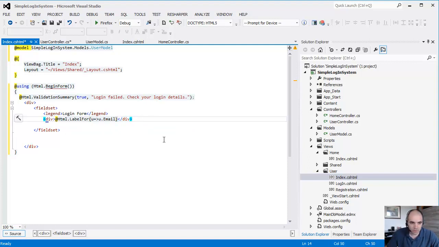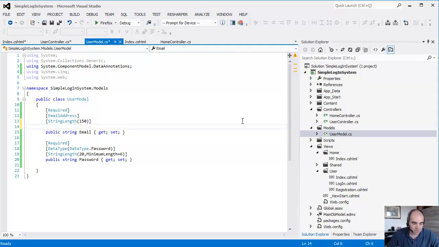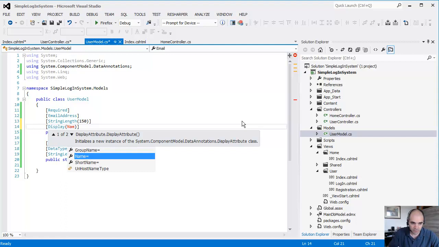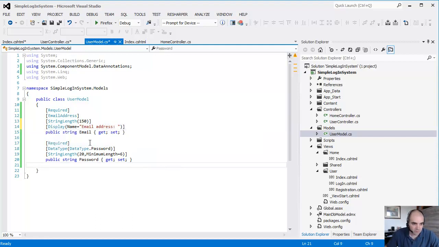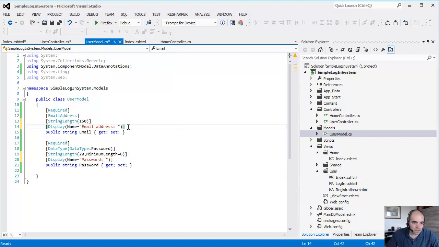You know, one thing that we didn't do was the display. So let's go back to the model really quick, and let's change this to the display in here. Display name equals email address, and then this is display password. So these attributes right here are going to be used